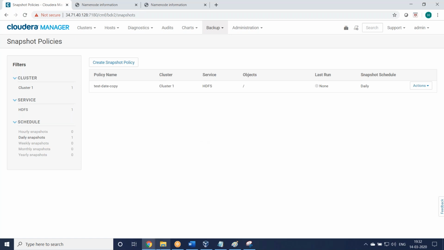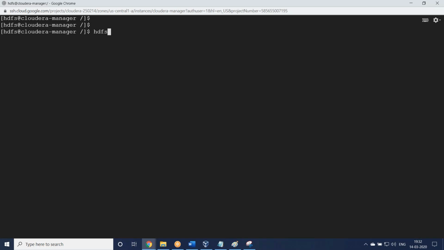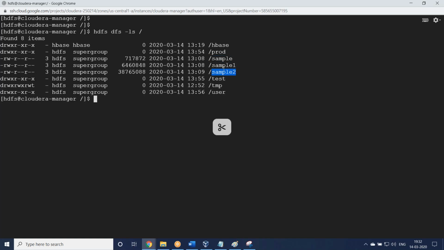So whatever the Hadoop level, where is Hadoop here? So here Hadoop, HDFS, DFS-ls slash, whatever the files available here. You see, sample, sample1, sample2, everything, all files automatically taking as a backup, as a snapshot. Snapshot is one of the backup method where we can use it in the Hadoop environment. That will not occupy any space in your cluster. It will not occupy. It is read-only point of backups. That when we discuss with back snapshot, we'll discuss later separately.